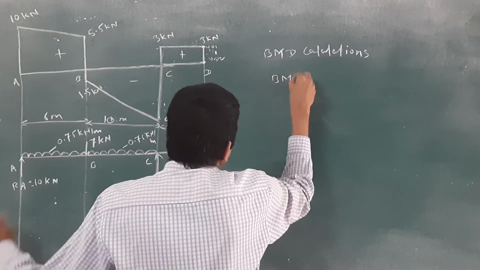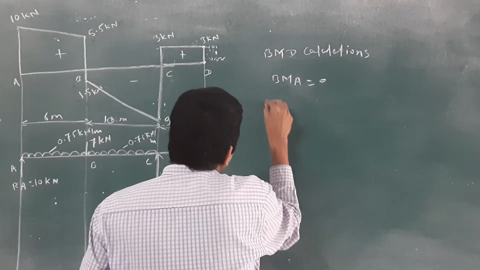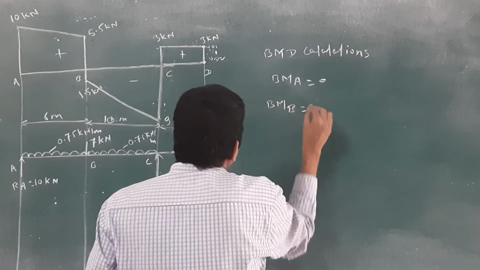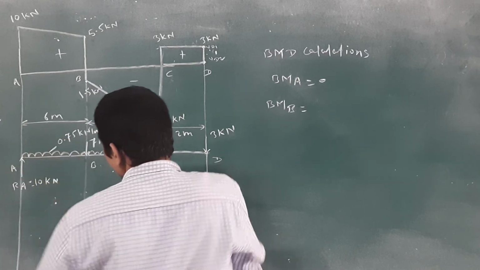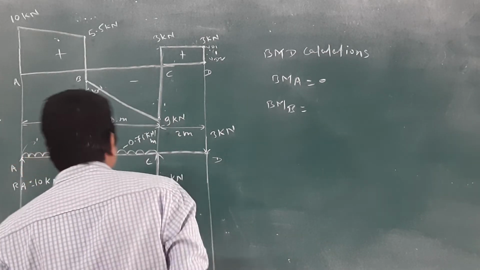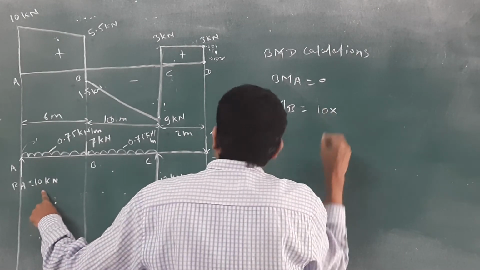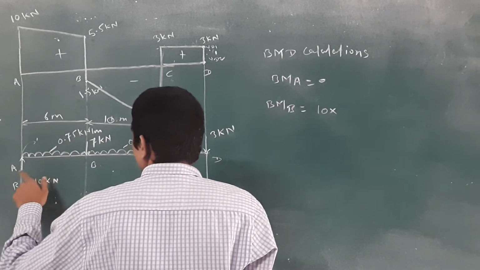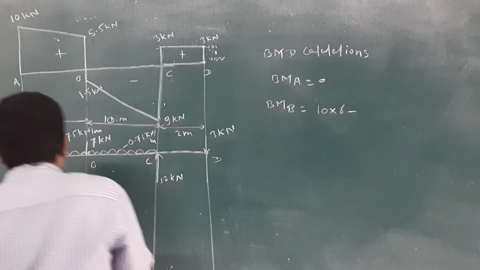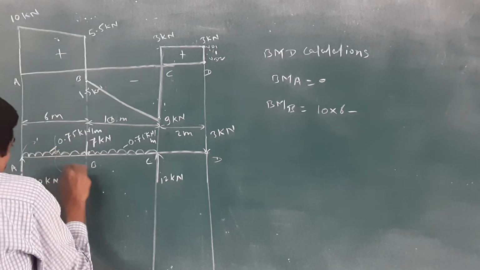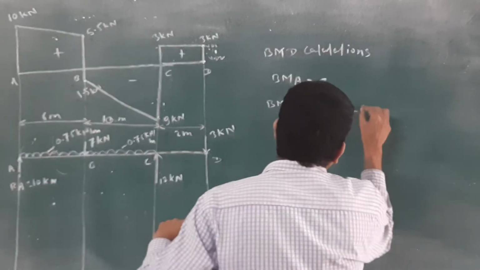Bending moment at first point A is 0. Then check the bending moment at point B. Yes, anybody? Bending moment at point B. Where is the B point? Here. Okay, this RA is going clockwise. Clockwise is positive, so 10 into the distance 6 meter. Then minus. Why minus? Because the UDL is going in the anti-clockwise direction. Anti-clockwise direction, minus 0.75